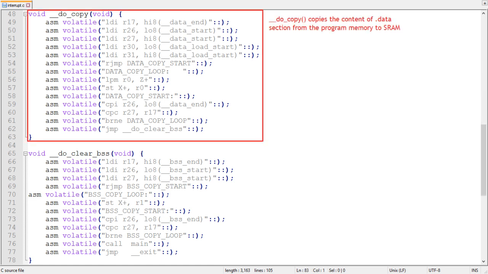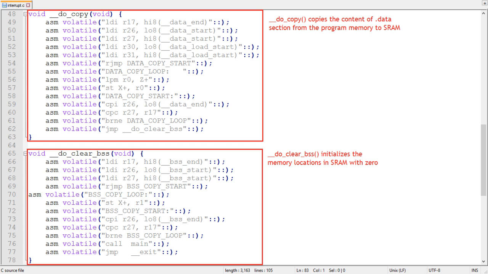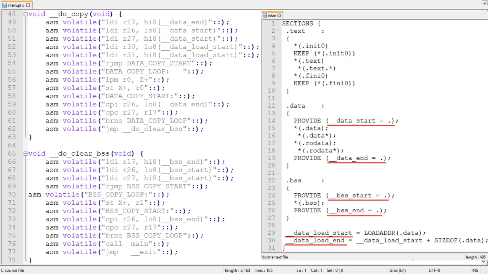The function __do_copy copies the content of .data section from the program memory to SRAM. And the function __do_clear_BSS initializes the memory locations in SRAM with 0 for uninitialized global variables. Do you remember that we have defined a few symbols in the linker script? These symbols are used in these functions to know the start and end addresses of the .data and the .bss